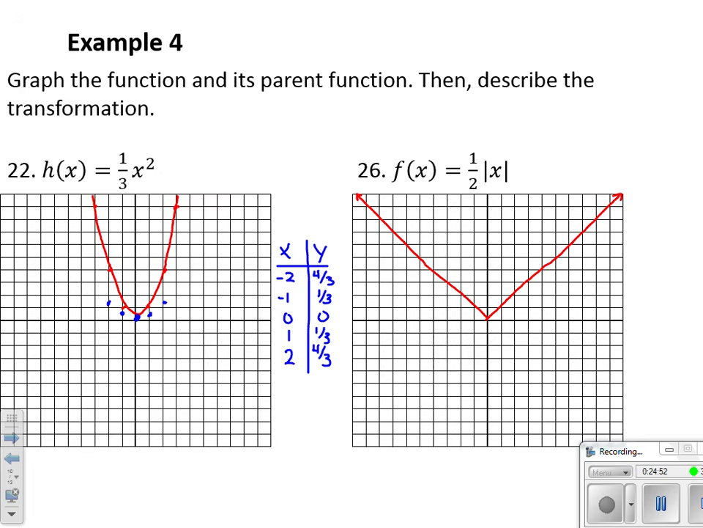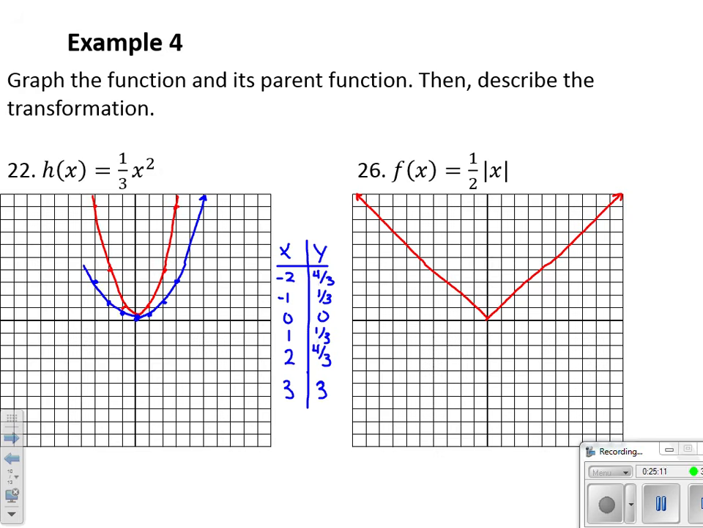Well, I don't really have a very good idea about what's happening. Let's try some more values. If I plug in a 3, 1/3 times 3 squared, 1/3 times 9 is 3. So we got the point (3, 3). Of course, the same thing would happen if I did -3. So we can see here